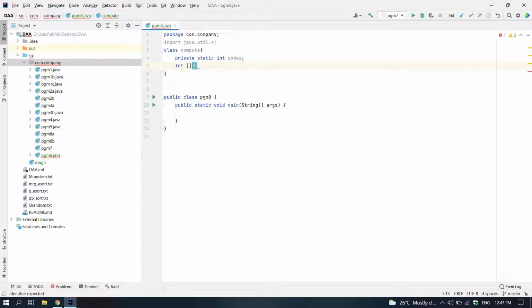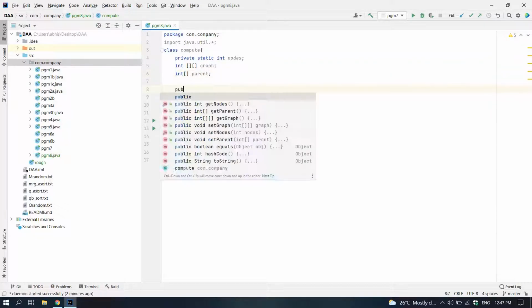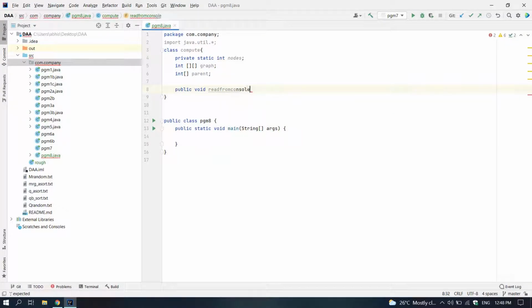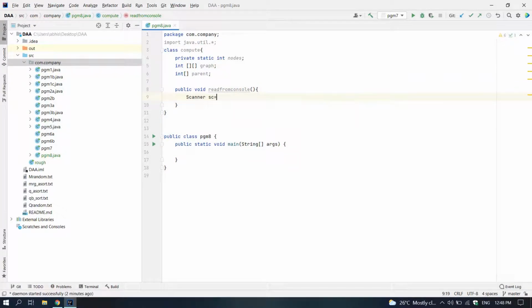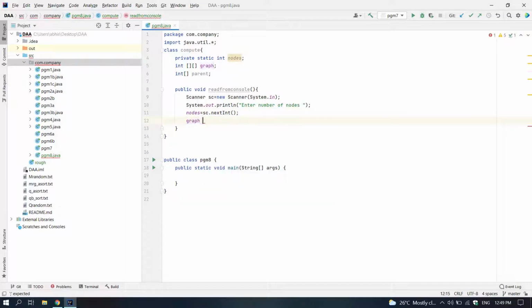The use of graph is to take input from the user, the weight of the graph, and nodes is going to be the number of nodes. Now we are going to write the read from console function. This function will take the input, the number of nodes, and it will initialize the graph and the parent array.